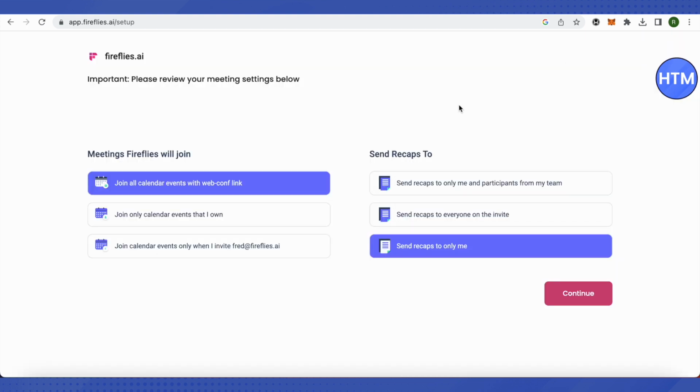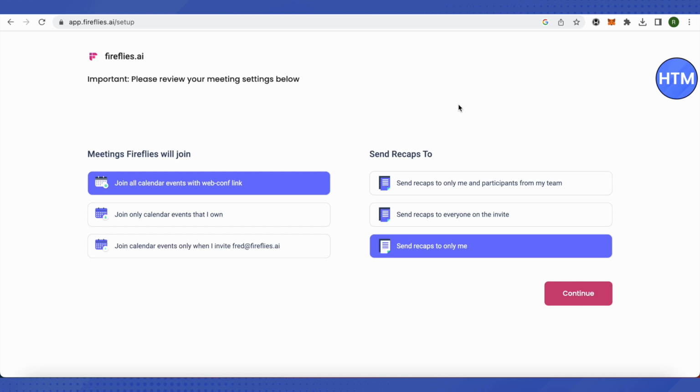And while registering, it will ask you to register using your Microsoft account or your Google account, so that it will be able to connect with your Google Meets, and all your meetings scheduled on Google Meets will already appear on Fireflies.ai. There are different platforms that can also be connected to Fireflies.ai, like Zoom meetings can also